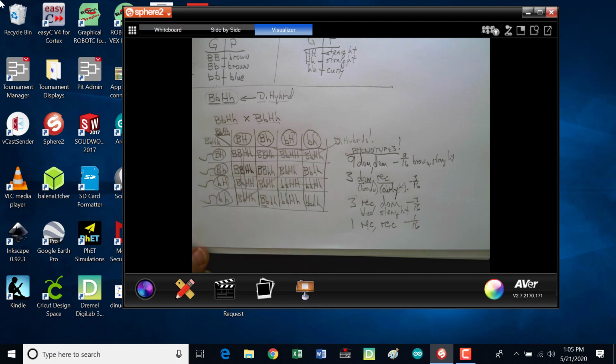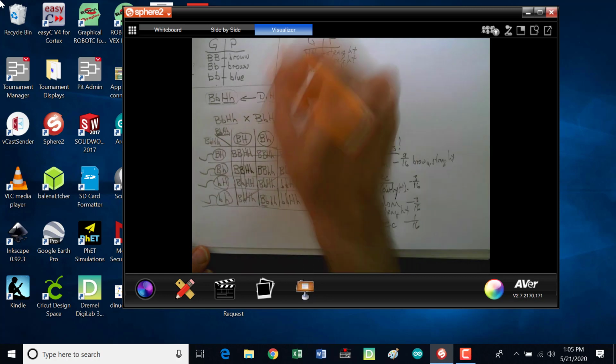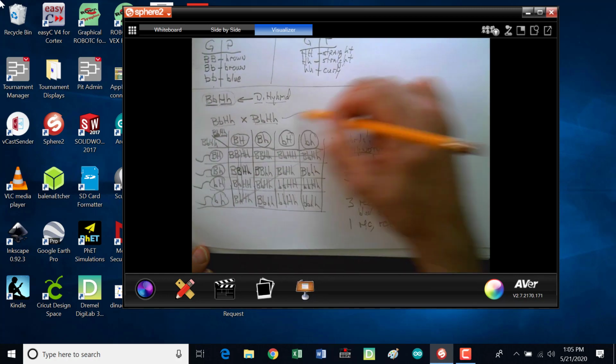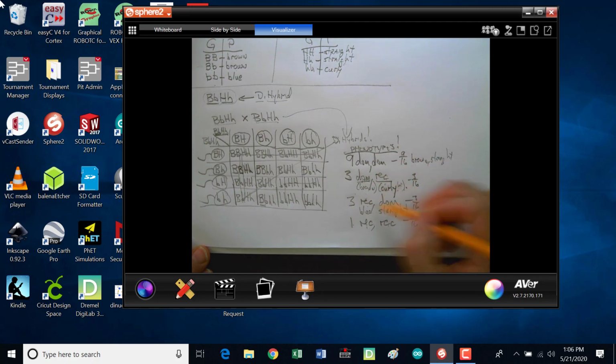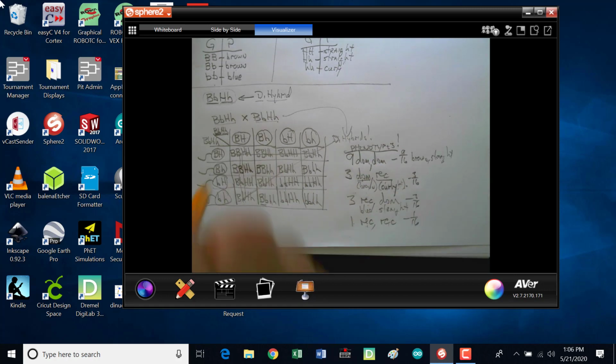All we care about is the phenotype outcome, and if they're both simple dominant traits, it will always be 9-3-3-1. Dominant, dominant; dominant, recessive; recessive, dominant; recessive, recessive. You see a pattern here. Memorize that pattern, memorize this number, and you'll never have to do one of these stupid Punnett squares again with